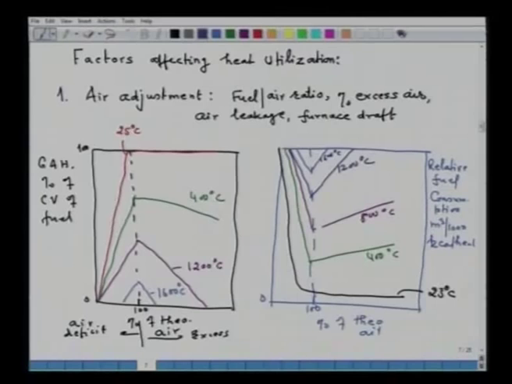At 400 or 800 degree process critical temperature, the fuel consumption increases gradually, but at higher temperatures, say 1200 or 1600, the fuel consumption increases rapidly, mainly because of the Cp value of nitrogen and oxygen. So, this is how the effect of air adjustment on gross available heat and fuel consumption can be illustrated.